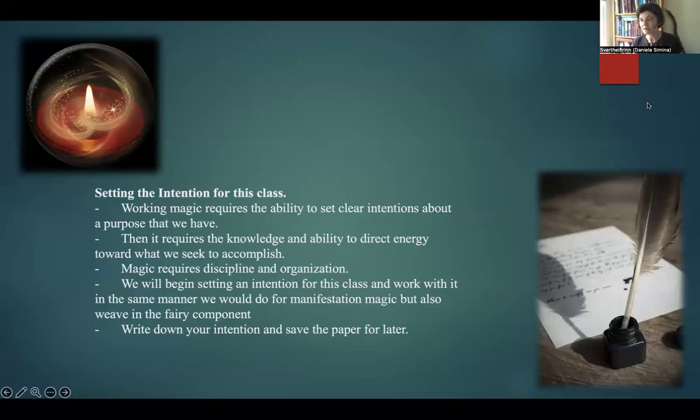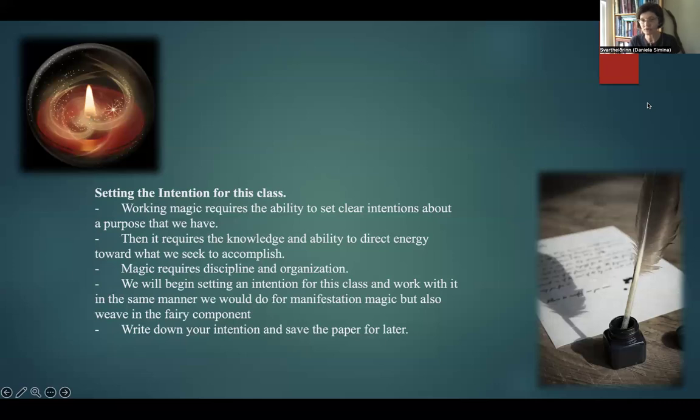Write the best resume you can possibly write, polish your skills, both interviewing and technical knowledge, to the very best of your ability. But then you can also add the touch of magic, which involves harnessing your intention and then projecting that intention into the said resume, into the said application, to be received with interest by those who are going to read it. So giving you an extra chance to showcase your talents, to showcase your value as a valid applicant for the said position.